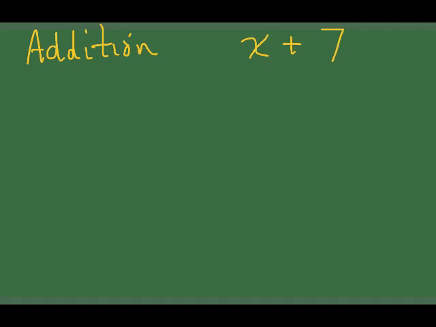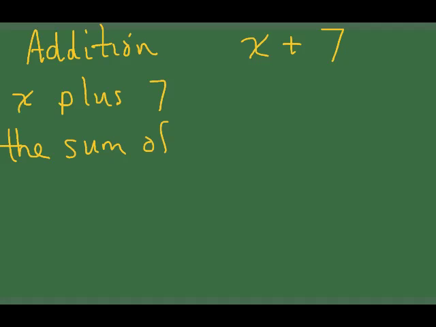That's the first option. The second option, again using the word that talks about the answer, would be the sum of x and 7. Perfectly good option. Then there are a couple more we can do. I think the book's only ever going to ask us for 2, so even if you just remember these, you're golden. But a couple more could be